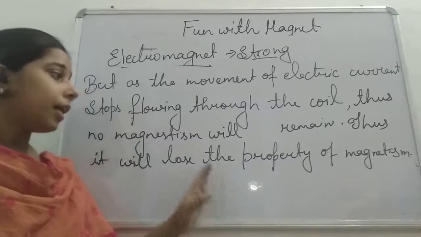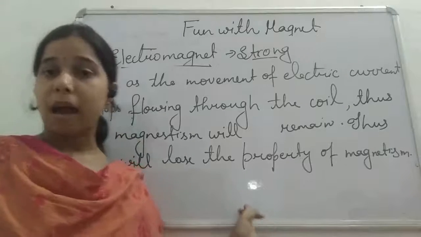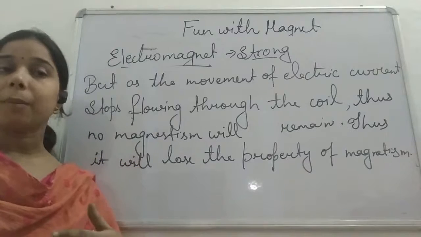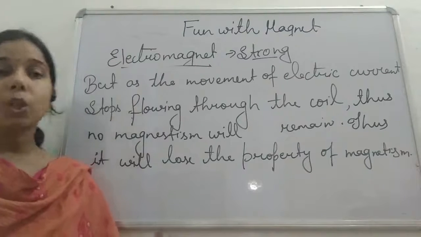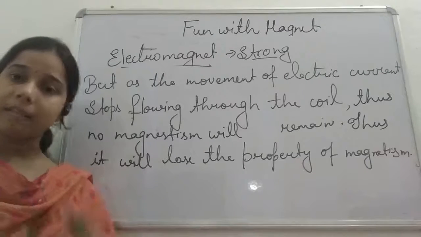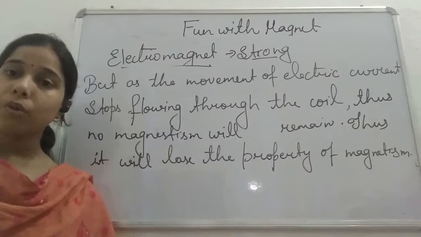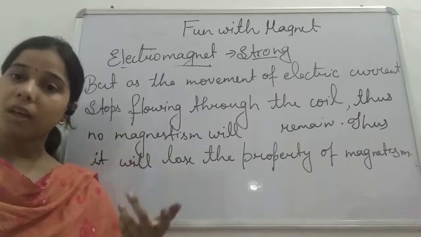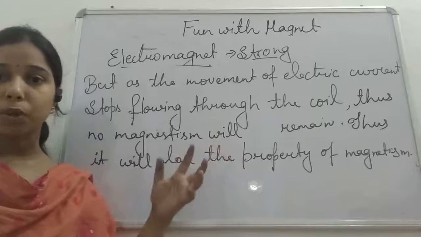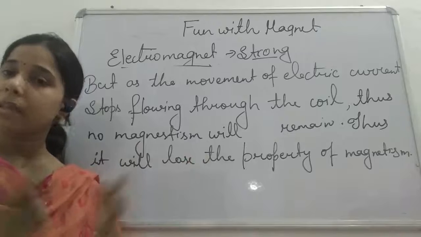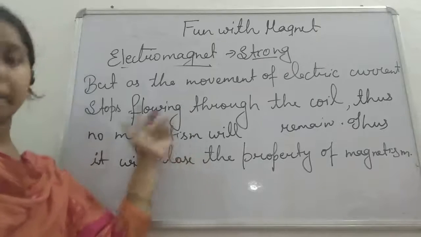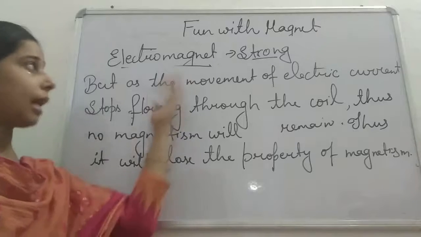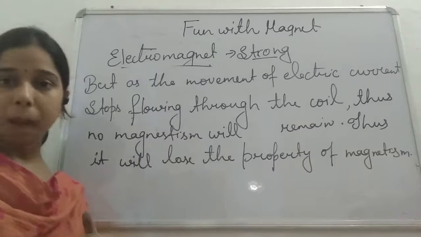Okay. So here we can say in case of an electromagnet that we can make an object, a material, behave like a magnet. It totally depends on us, whether we want to switch on or off. If it is switched on, the electricity starts flowing through the object, due to which the magnetism is produced, and thus the material will behave like a strong magnet, and we will call the property electromagnetism or electromagnet.